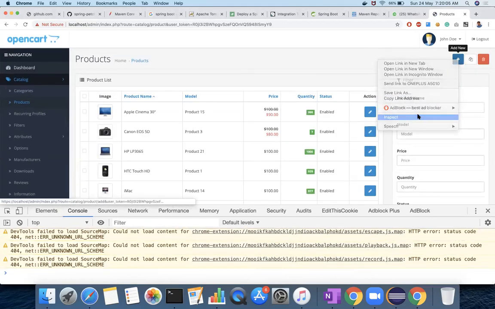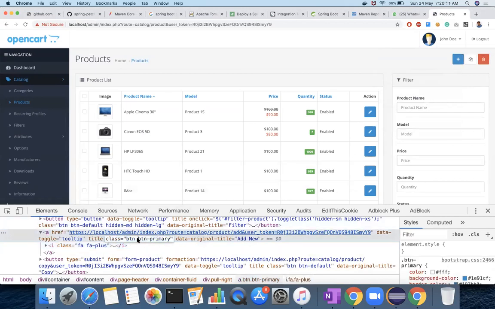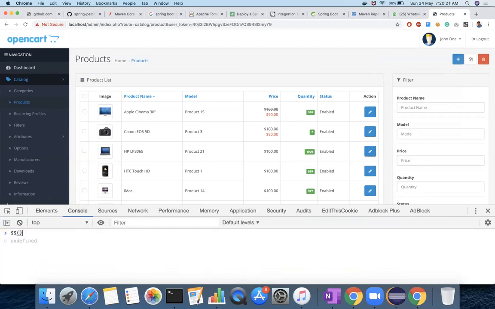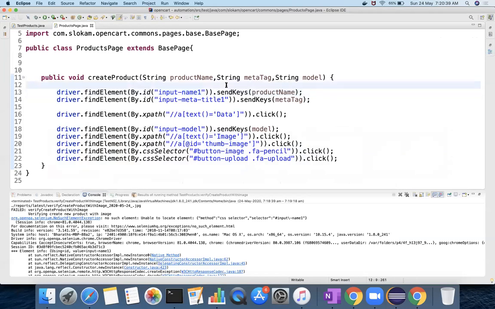You should be able to identify where it went wrong, and then so you'll have title, right, class, and how it works, dollar dollar dot median primary. What is the child element you have? FA plus. So FA plus. So driver dot find element. Right.